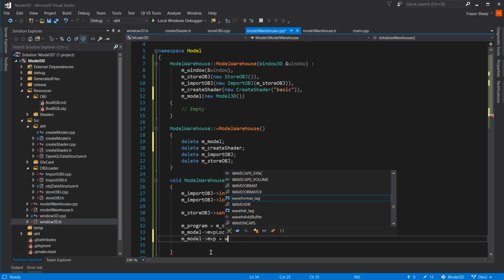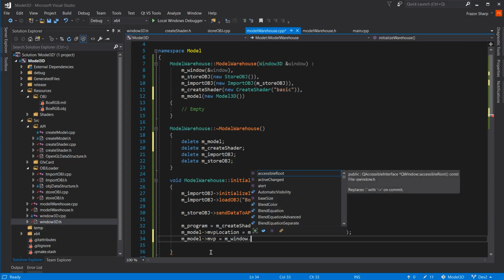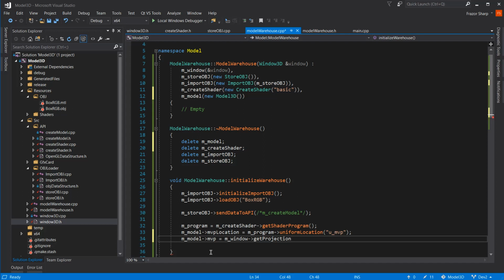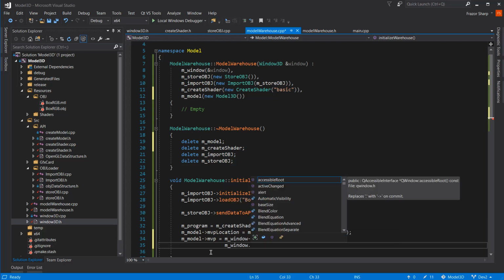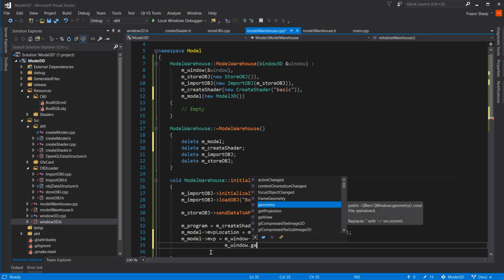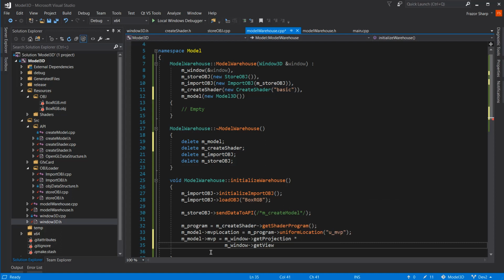No, M window, and that's going to be get MVP, so P, times M underscore window, and that's going to be get view, and that's going to be times,